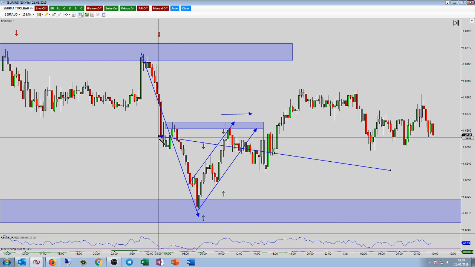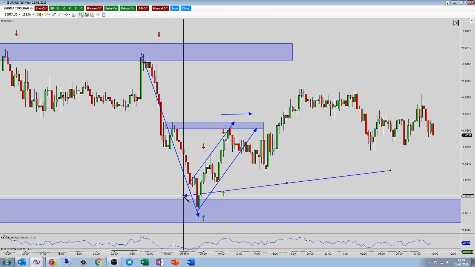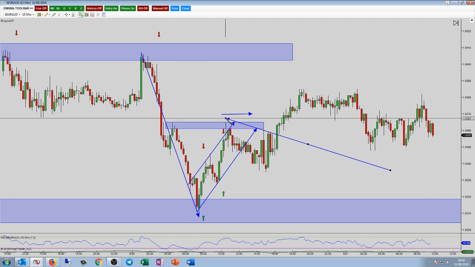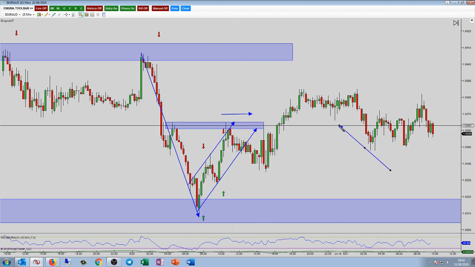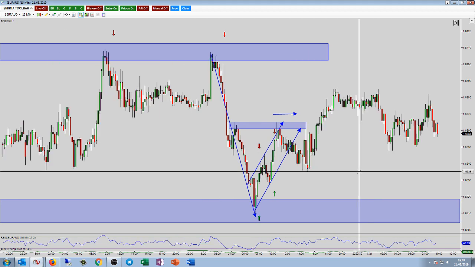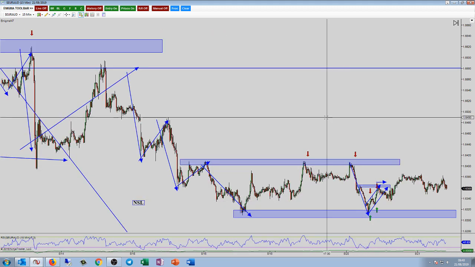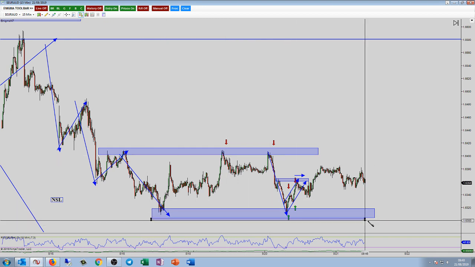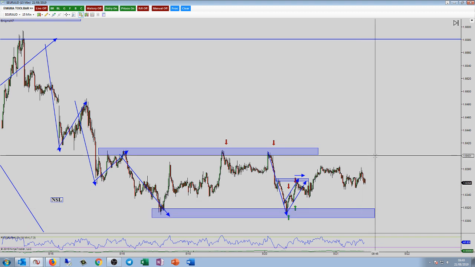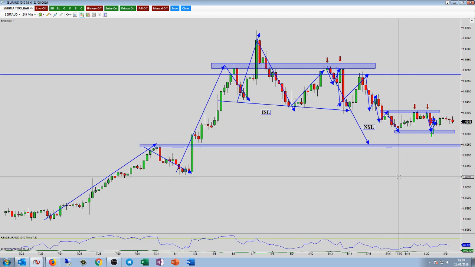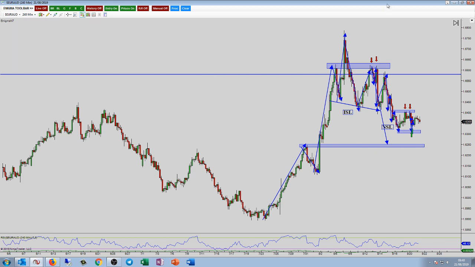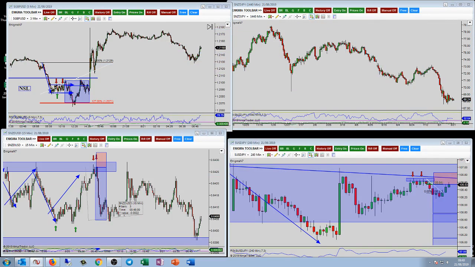So I didn't take it because of the pole. I don't know if anybody in the room took it, just let me know if you did. You know, it came into structure, got the confirmed breakout, and failed. So for me personally, nothing here. Obviously we've come down to this lower level just here. We're holding that level. Just go to the 240, take a quick look. Yep, nothing for me, so I will move that out the way.